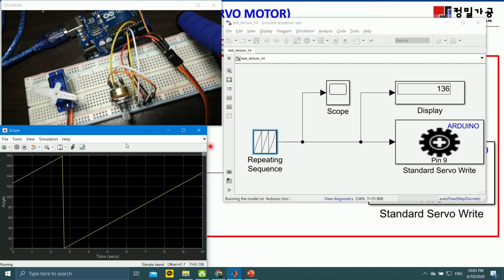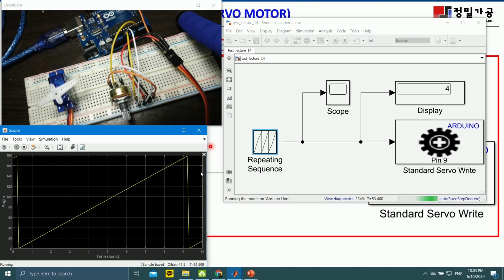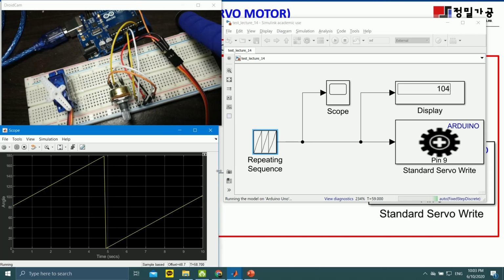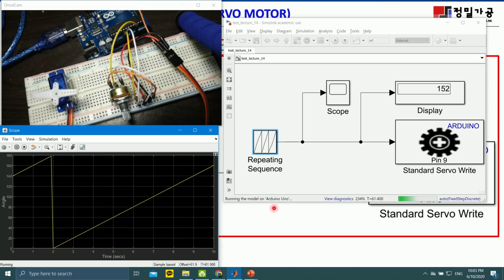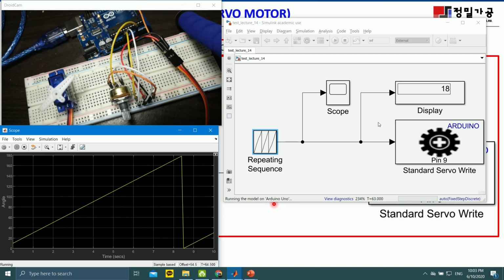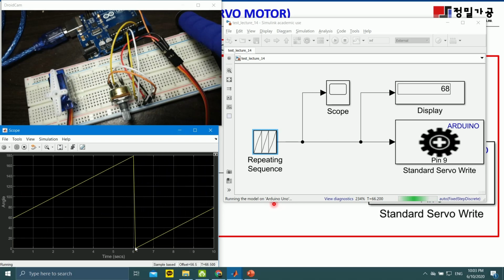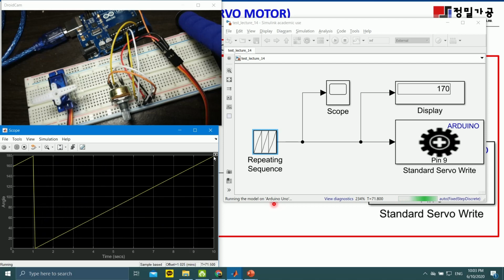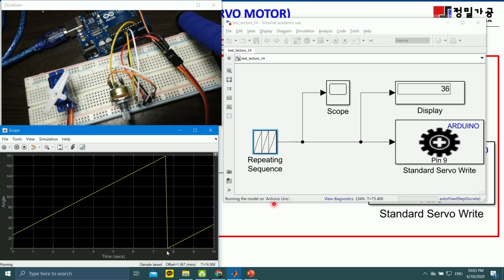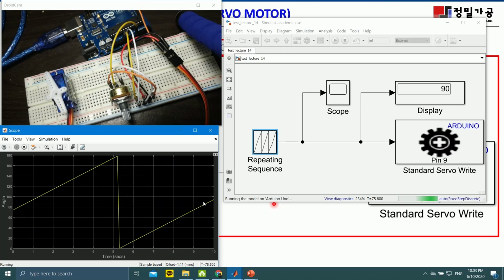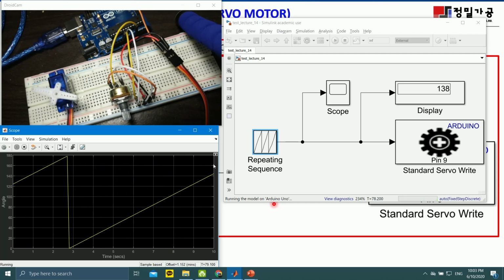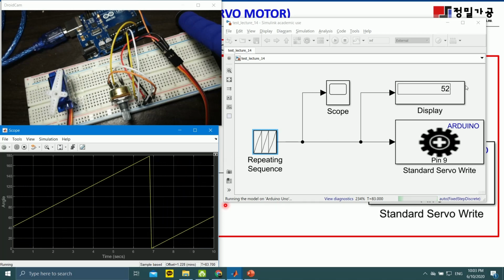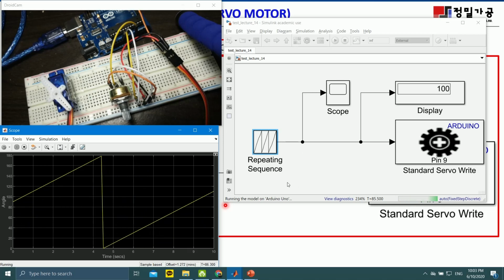It increases the angle from 0 linearly until 180 and starts again from 0 up to 180 degrees, which is a ramp signal. Okay, I think it's very easy for you